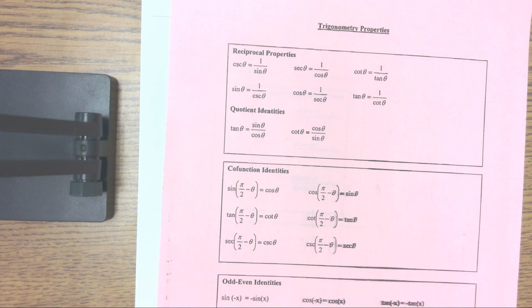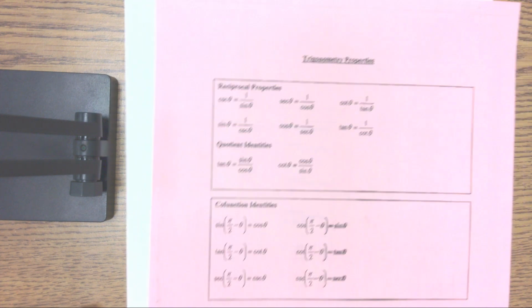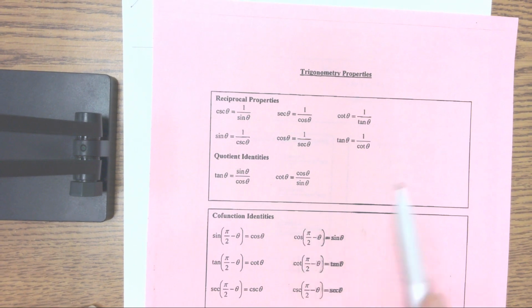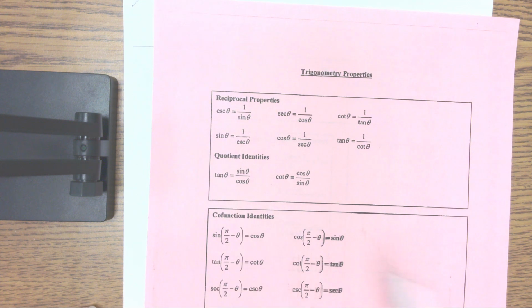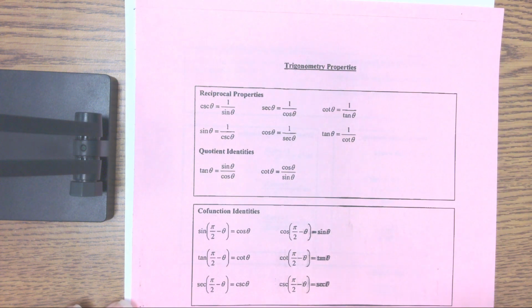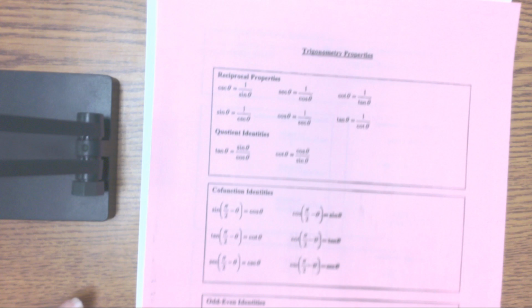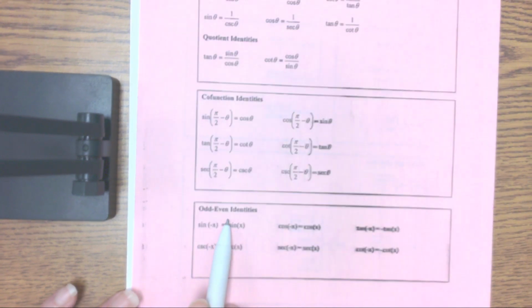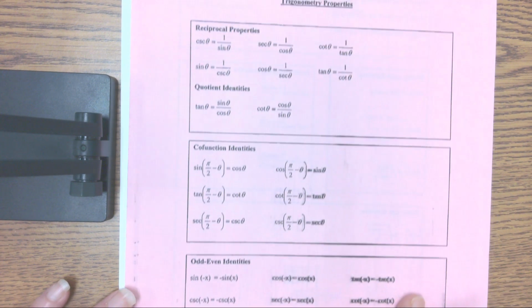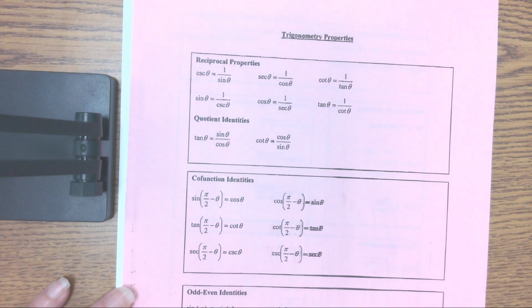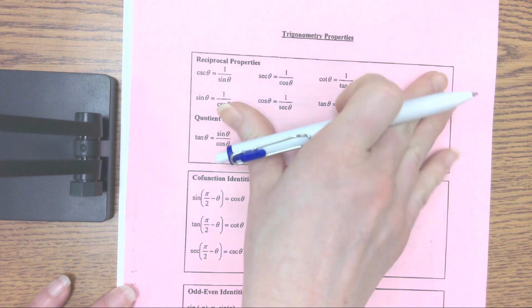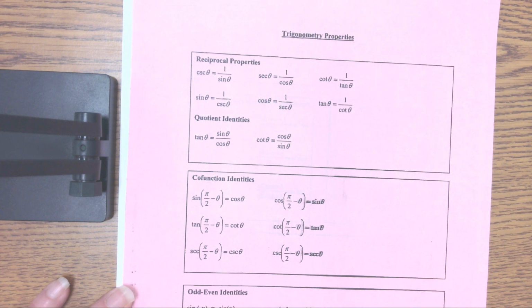The ones that you are going to be using most likely are this top box. In addition to that, I think you might be using some odd even ones too. I'll look ahead, but I'm pretty certain you won't use a whole bunch of cofunctions. So the ones you're going to use the most are the top box, reciprocal and quotient properties, and this bottom